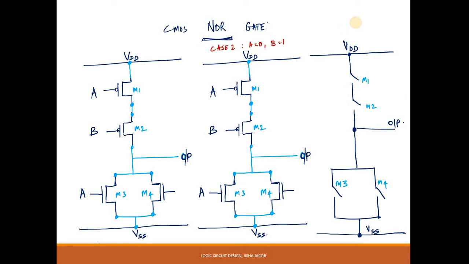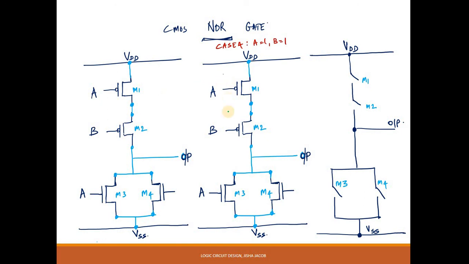Correct. Next case 0, 1: this is closed and this is closed. Therefore I have an output path pulled down to VSS. Output is equal to logic 0. The second last case, A is equal to 1, B is equal to 0. You see that these two transistors will be closed. Again, I have a path like this to VSS, so output is equal to 0. All these conform with the truth table so far.